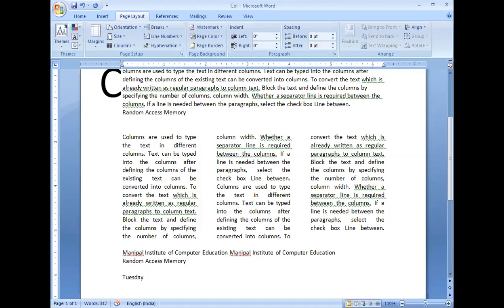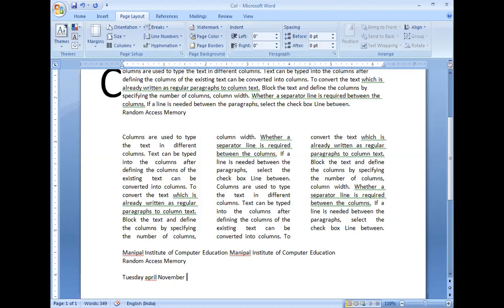Likewise, if I type the month name, press the space bar, now it has not been changed. So let's take another one. I'll type November, press the space bar. We can see that the starting letter of November has been capitalized.